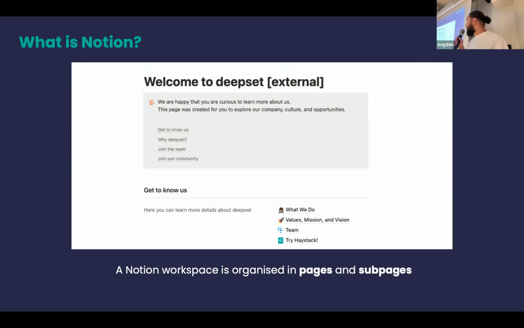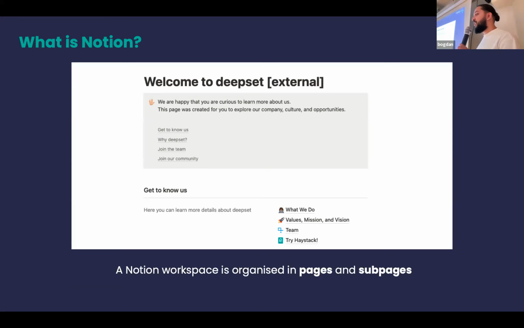This is how a typical Notion page looks. This is an example page, and these pages are organized in different blocks that can be of different types, like normal text blocks, but also tables, and you can have images. One of these blocks can also be sub-pages.